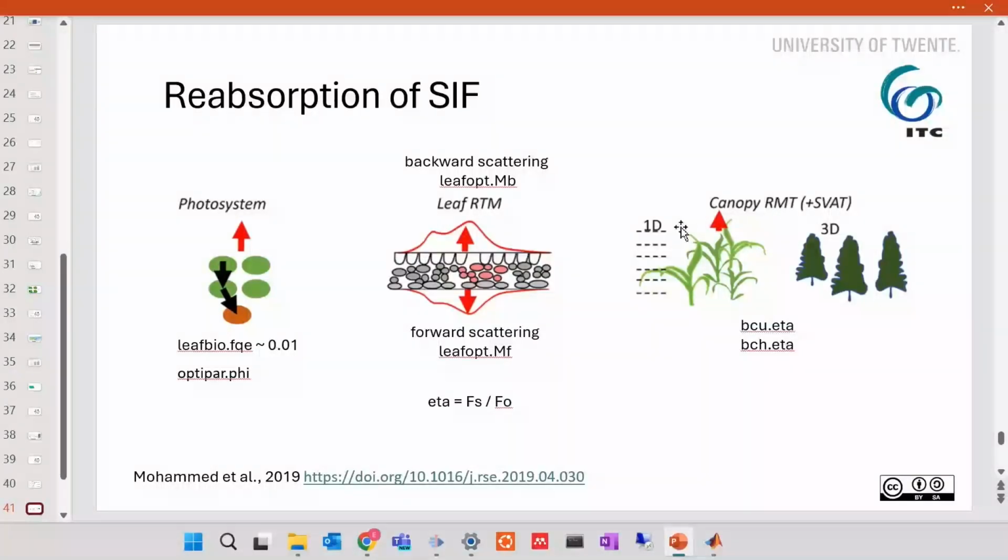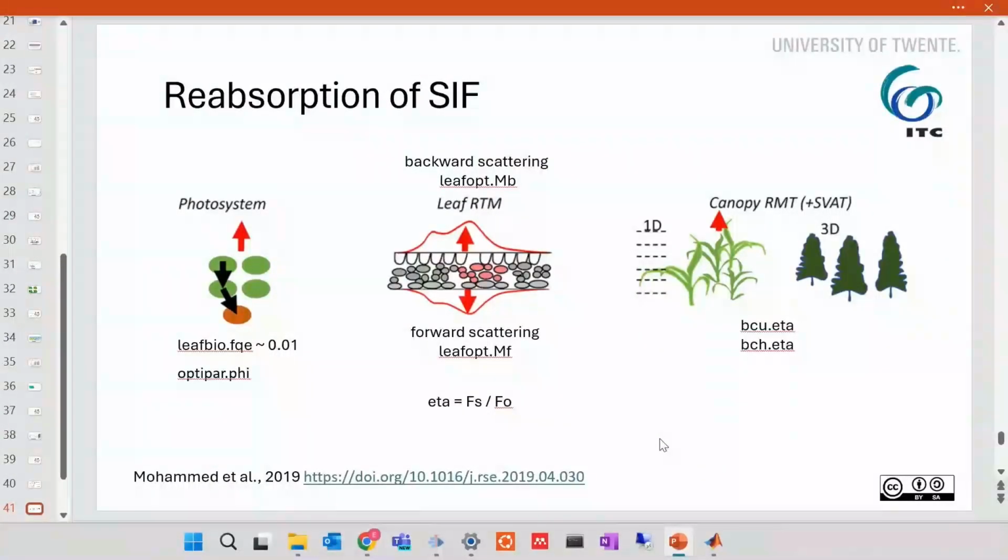So only the upward part. And this is taken care of in RTM-F. The other related parameters are, for example, in input, leaf bio FQE defines how much light, so in this case 1% of light absorbed by chlorophyll will be emitted as fluorescence by photosystem, and optipar phi defines the shape of